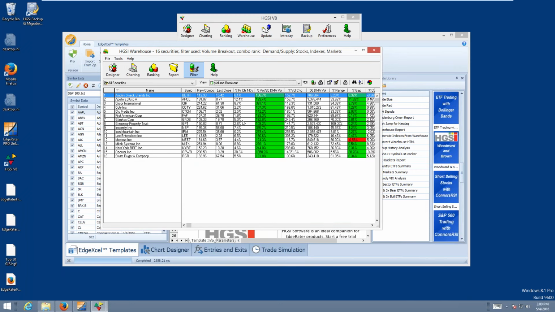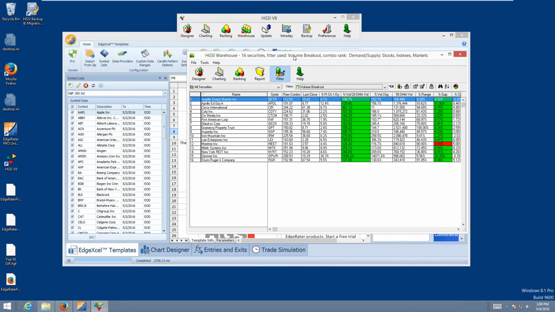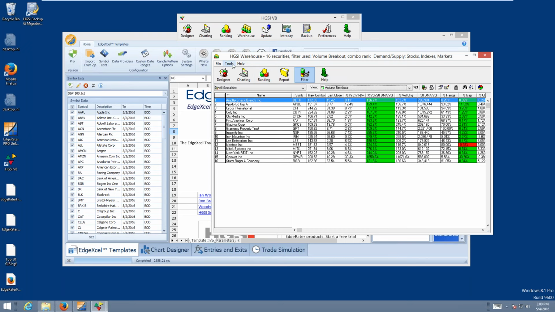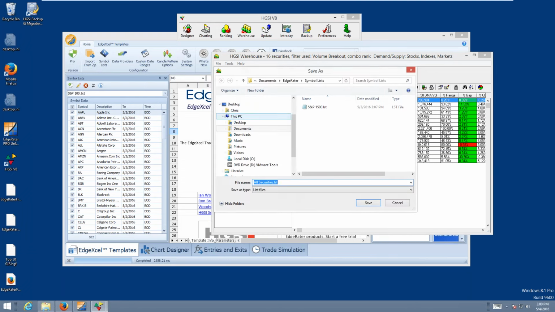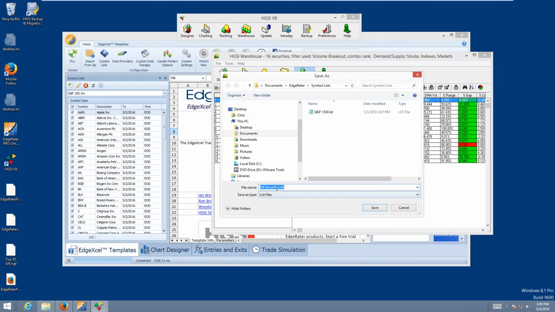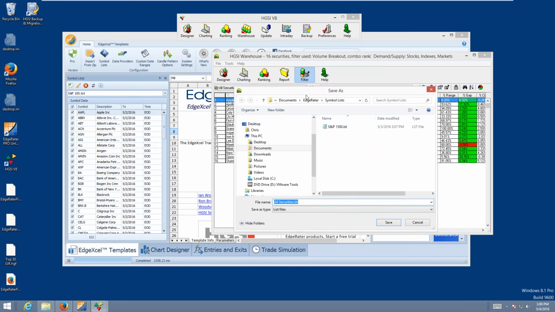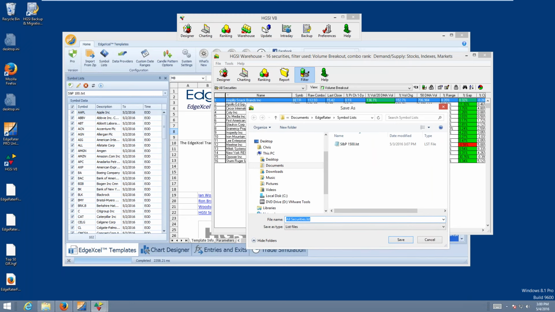So this is HGSI looking at all of the securities and giving us all of the stocks that are in volume breakout. Now, if you want that over in EdgeRater, what you do from the warehouse is go File, Save List As. I wouldn't call it all securities, because although this is the all securities group, we're using the volume breakout field. So I would say volume breakout, BO, and I might give it a date as well,